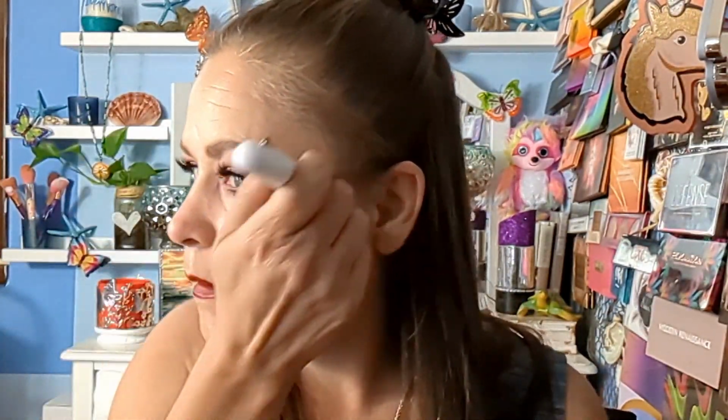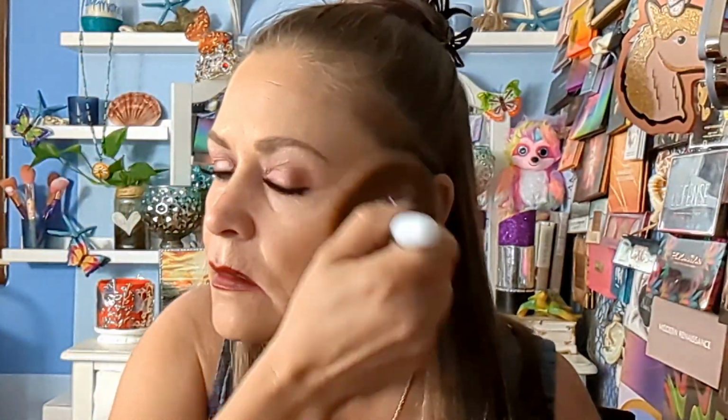Now, with the putty primer, you can still see my lupus scarring. So let's just go ahead and put a little more on the brush here. Just with the hydration. It's about the same. So we're going to go ahead and go all over our face with the lighter shade. Now, as far as I can see so far,